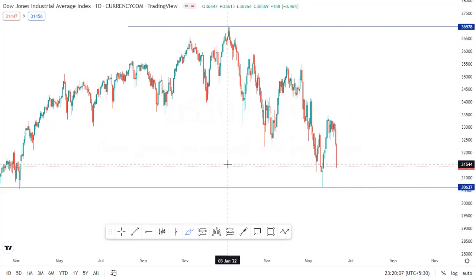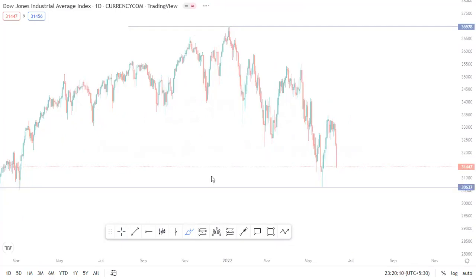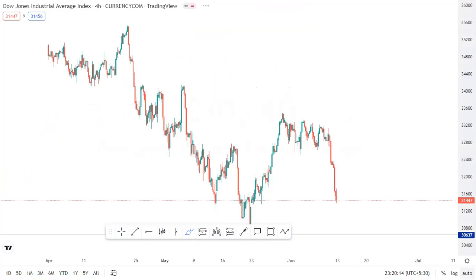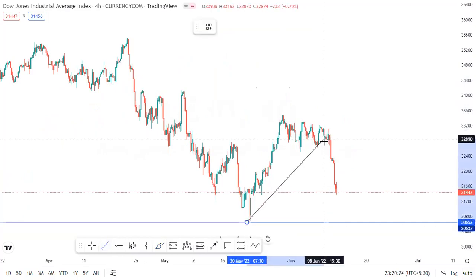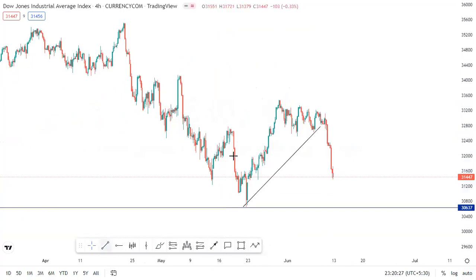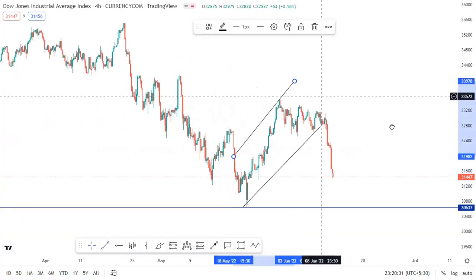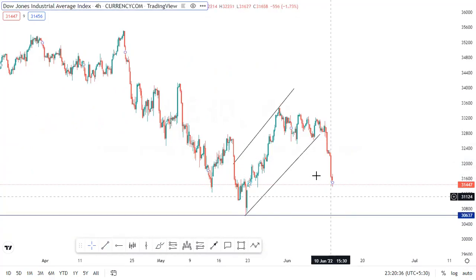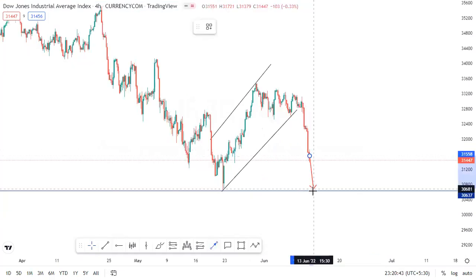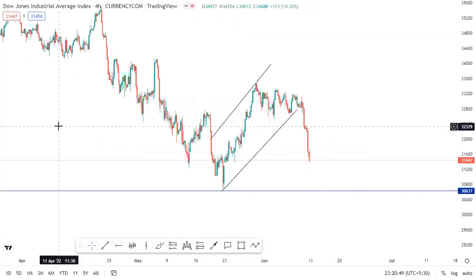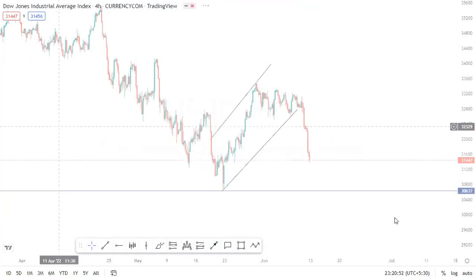From the daily, I'm going to go to 4H to see if I have possible patterns. As you can see, we had a massive break of structure here, and this is a strong impulsive move. So this should reach this level, our 90% rule, to complete our setup. You understand? We're going to go to 2H from 4 hour to see if we find a continuation pattern inside our impulse.